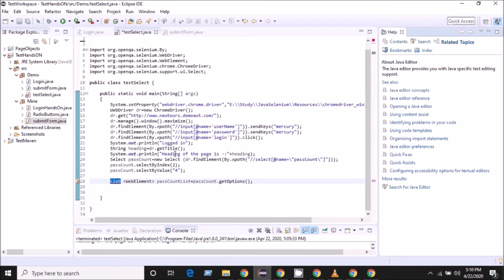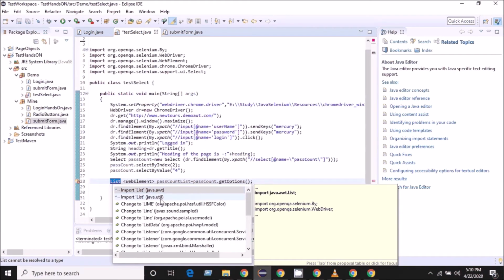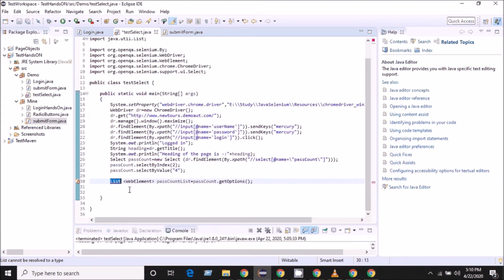Actually we imported the wrong library for list. For list we need to import java.util. We imported java.awt, so I'll remove this java.awt list library and import java.util. Okay, so now the error is gone. So we just created the list, and if you want to